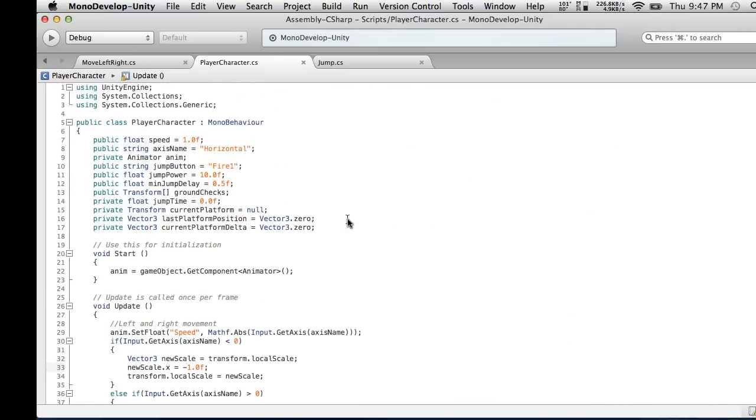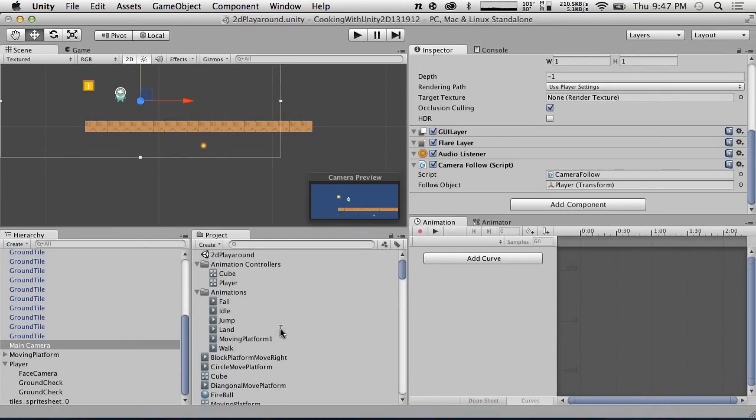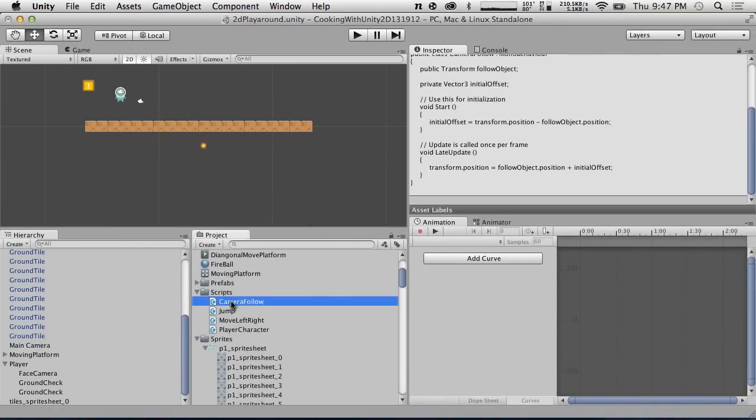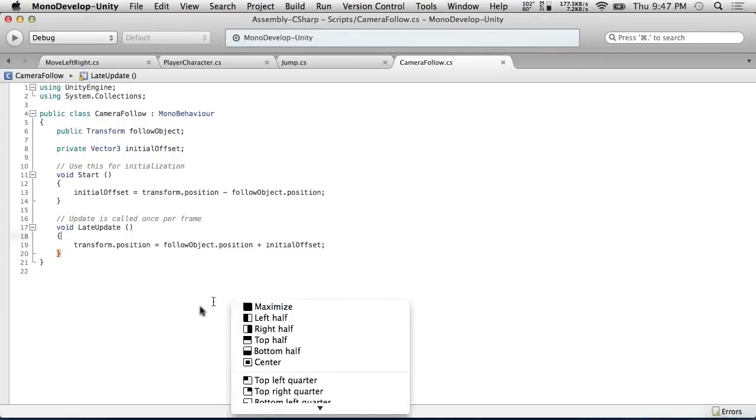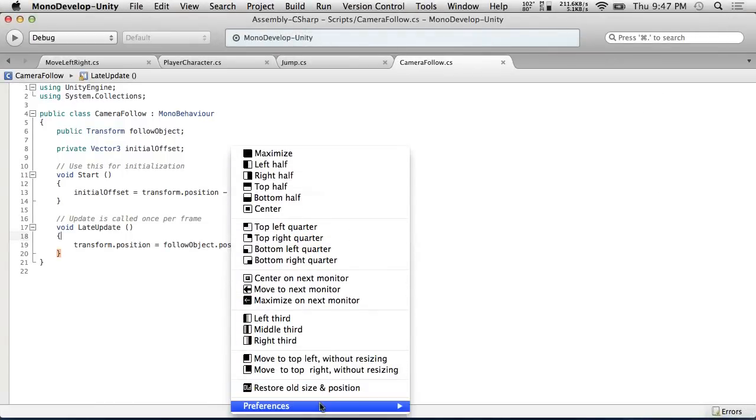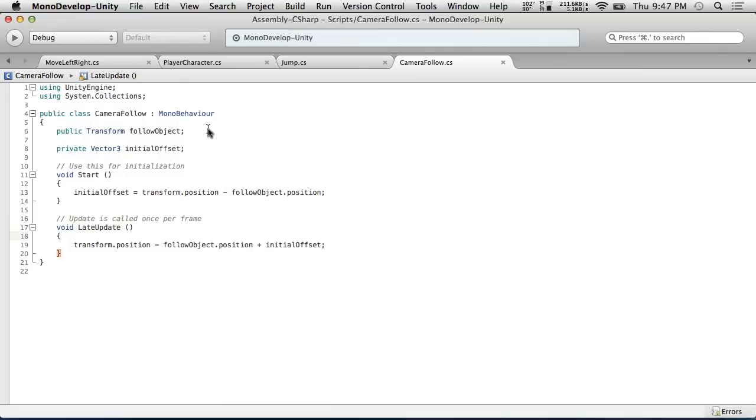Let's look at our camera too. Let's start looking at things that we might be able to fix. Camera follow. Let's see what this is doing. It's kind of doing the same thing here, and I'm going to quit this tool. Transform position minus follow object position. So that gets the initial offset, and then it sets the